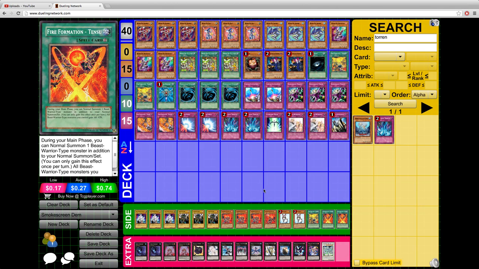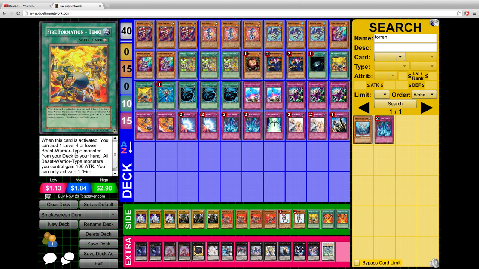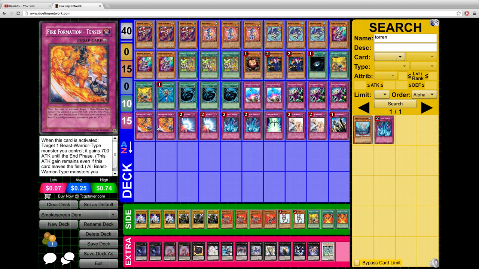Now, as you can see, that was just a Fire Fist deck that I had. It wasn't even specifically made to do this. I just added in those cards. Now, if you look around, you'll see that we do have a little bit of dead. These Tenkis work perfectly fine because they can search out Rabbit, even though ideally we'd probably want to only have one. But then we have these two Fire Formation Tensons, which are a little dead, even though you could have